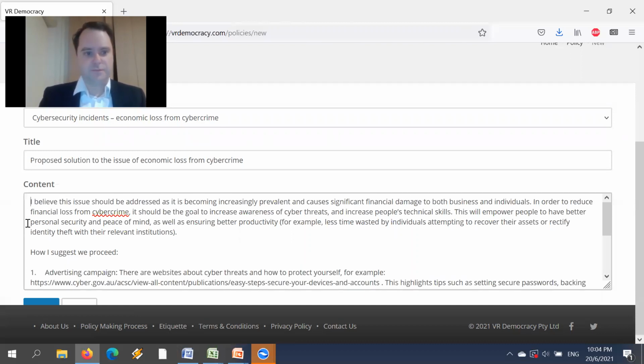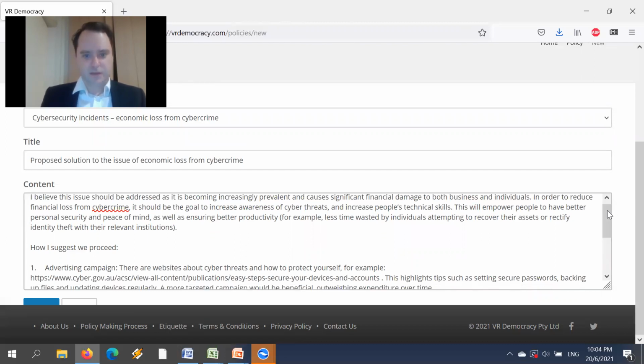So I have briefly summarized a couple of things here. And I've said, I believe that the issue is important, it should be addressed, and it should also aim to empower people to be able to overcome this themselves, and especially to be able to protect their own assets. It is a very serious thing to be able to have this at risk. Any sort of physical assets are protected by security systems, just like online assets must also be the case.